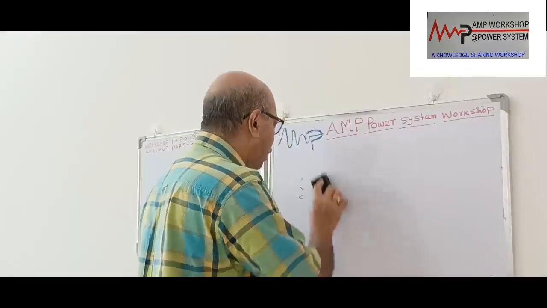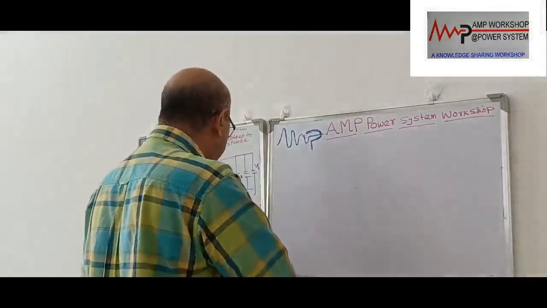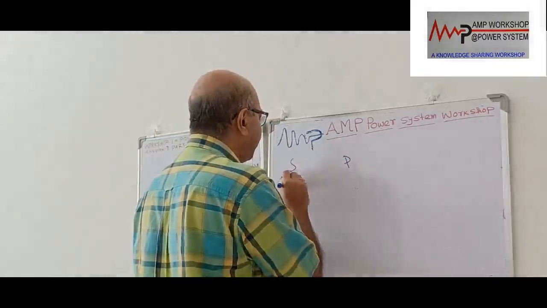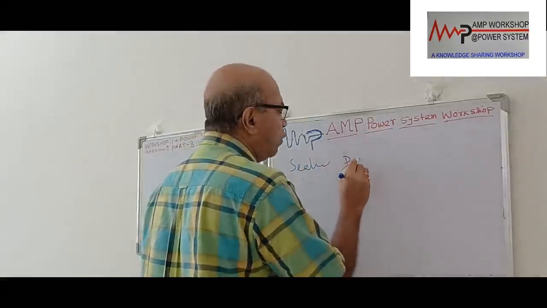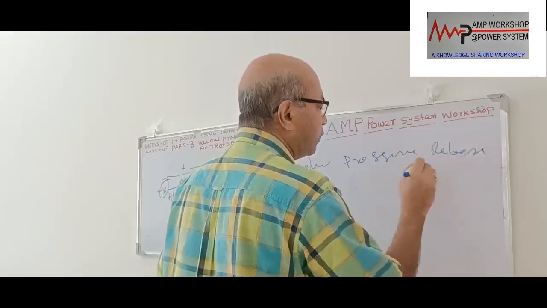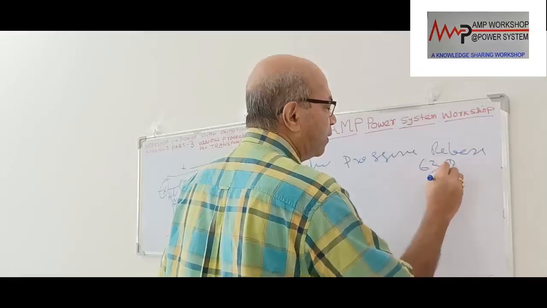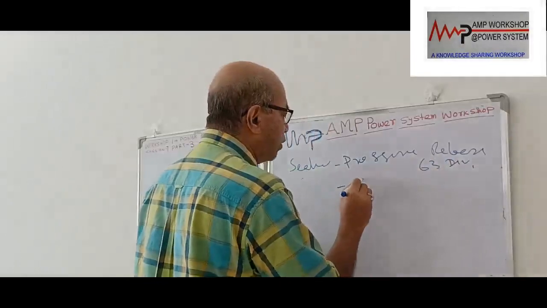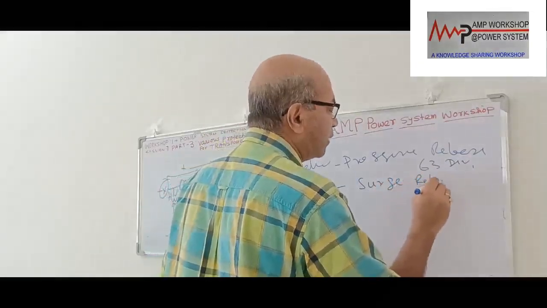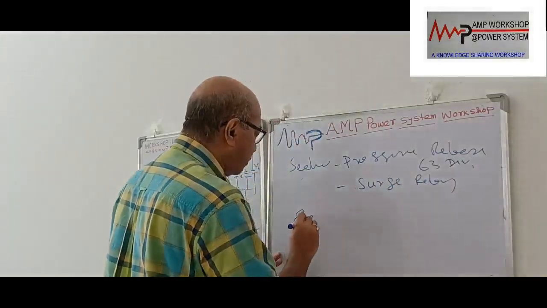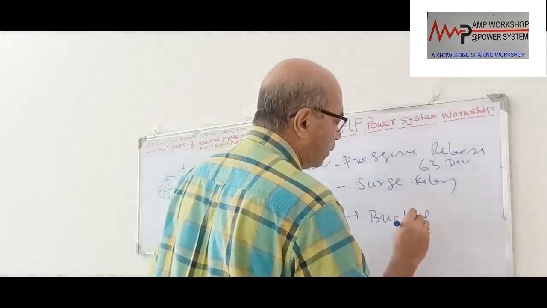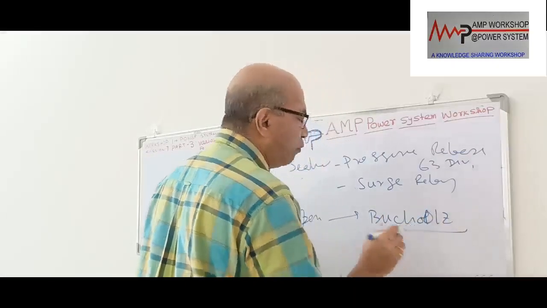there is a device we have already discussed. In case of a seal type transformer, seal type oil filled transformer, we have a pressure release device. That is called 63, the pressure release device. And then we have another device called the surge relay. We already provided this for the seal type transformer. And in case of an open type transformer, which has a conservator tank, we put a Buchholz relay, right? These are the two relays we have provided.